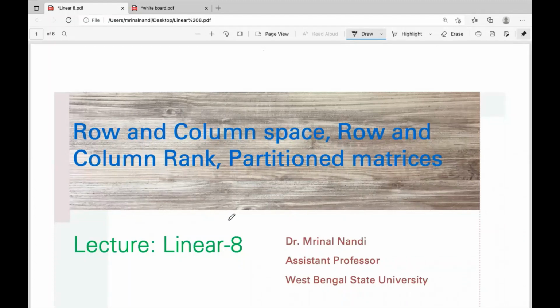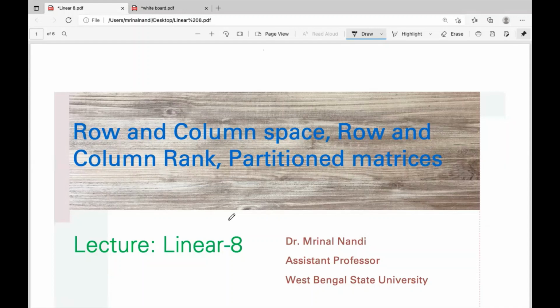We know that a matrix is the arrangement of some elements. It may be abstract elements, but in our case they are elements of a field, and this matrix can be thought of as a bunch of rows together or a bunch of columns together. But a matrix is not just a bunch of rows and a bunch of columns. It's something more, and we have to study what is something extra compared to a bunch of rows.